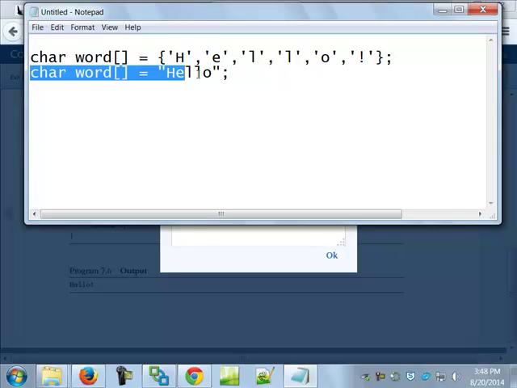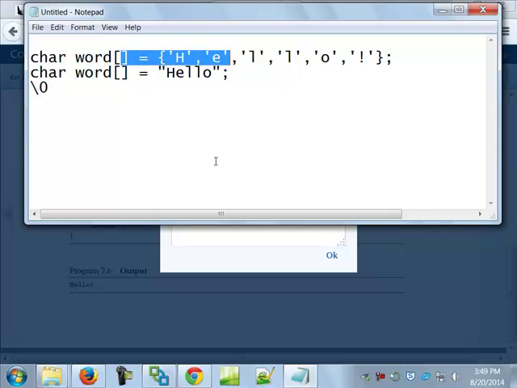This one holds all that, but since it's a string, the last character is a \0 because that signifies the end of a string. So it actually has one more character in it. You don't get that when you set up a character array by default unless you put it in. So if I wanted that in there, I would have to go in there and put it in myself.